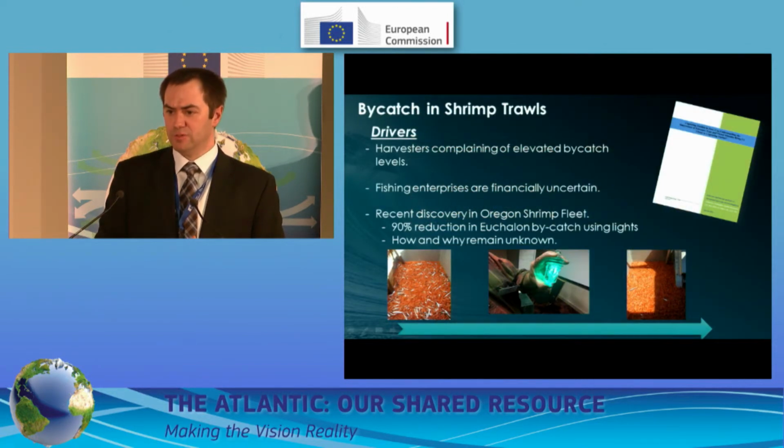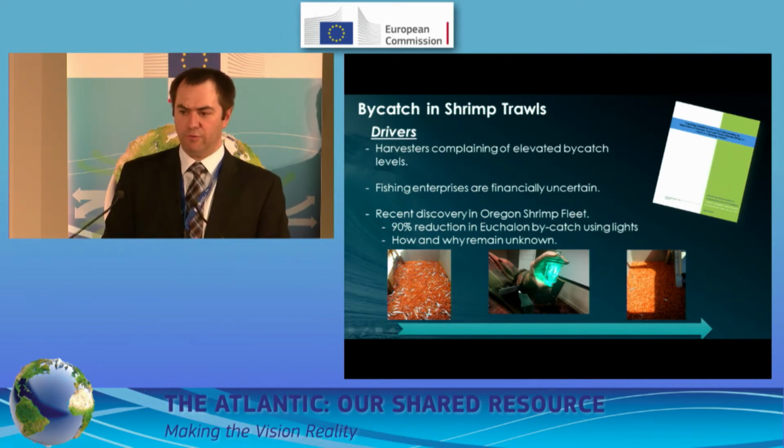The drivers in terms of the bycatch project: harvesters complaining of elevated bycatch levels at certain times of the year primarily. Fishing enterprises are financially uncertain. We've been going through a bit of a resource decline on shrimp of late, which has caused a great deal of concern. But what's really interesting, and we'll focus our efforts on this particular project, is a recent discovery in